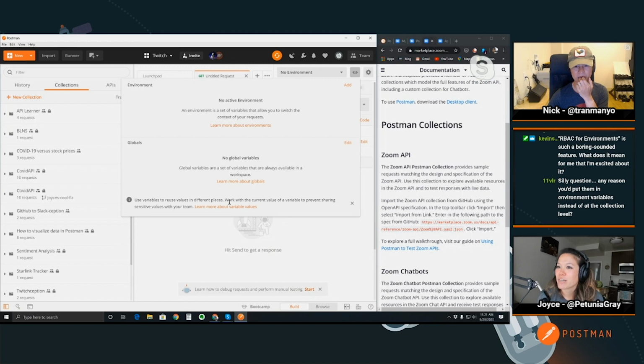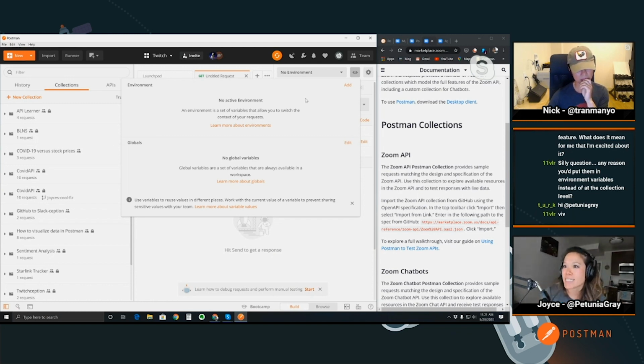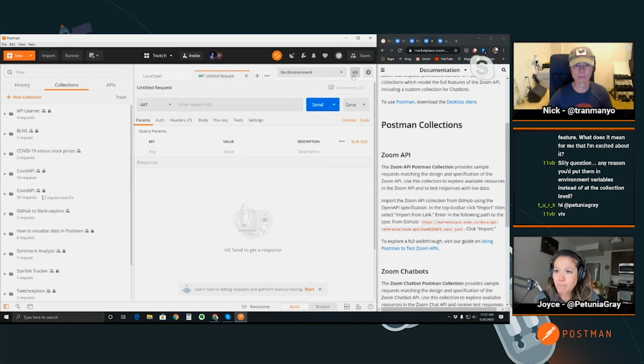I don't read LEET, but you asked about collection variables. Typically you pair a collection with an environment, and together they live together. But a collection variable, you can embed a variable in the collection. It's not as easy to see because you can use the eyeball to see environment and globals, but for a collection, you have to go over to API Learner on the left and find the 3 dots to the right side